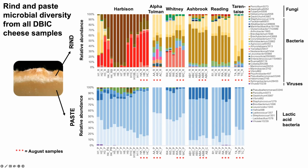And we see a lot less of that in Whitney and Alpha Tolman. What's interesting is there's this fungus Penicillium. We see a lot more of that in Harbison. And that's because Harbison is inoculated with that white mold, Penicillium camemberti. So we see that relatively speaking, there can be a lot more fungus in these samples compared to bacteria, compared